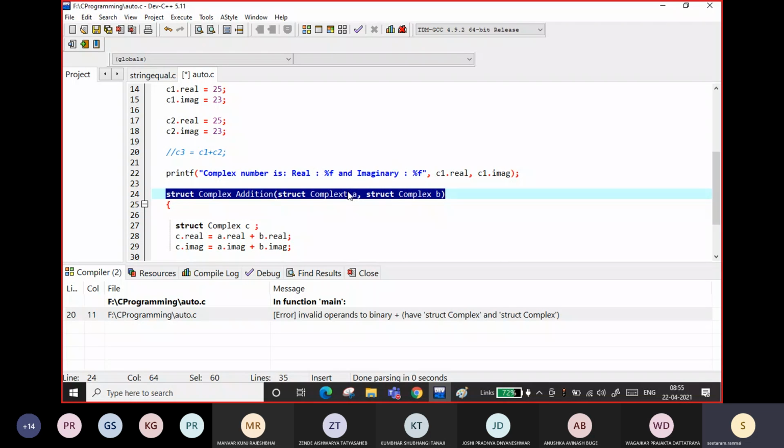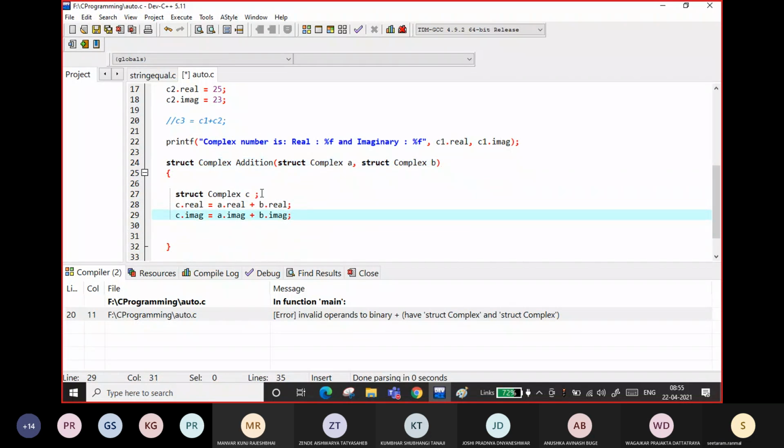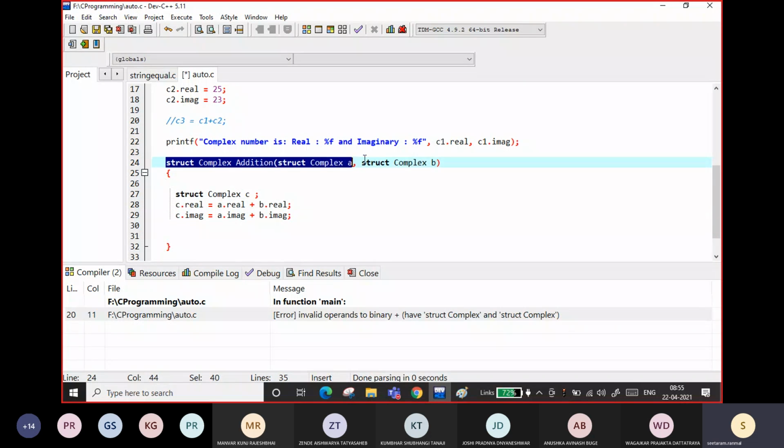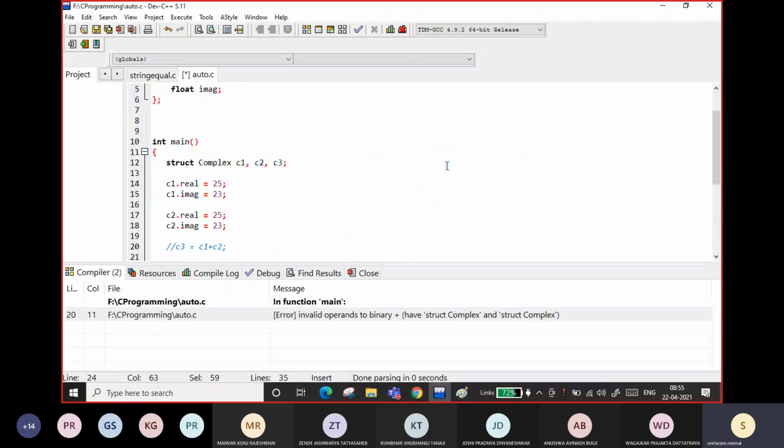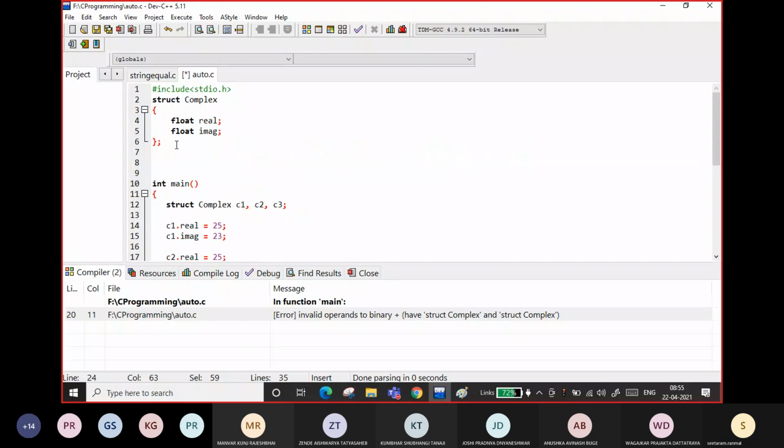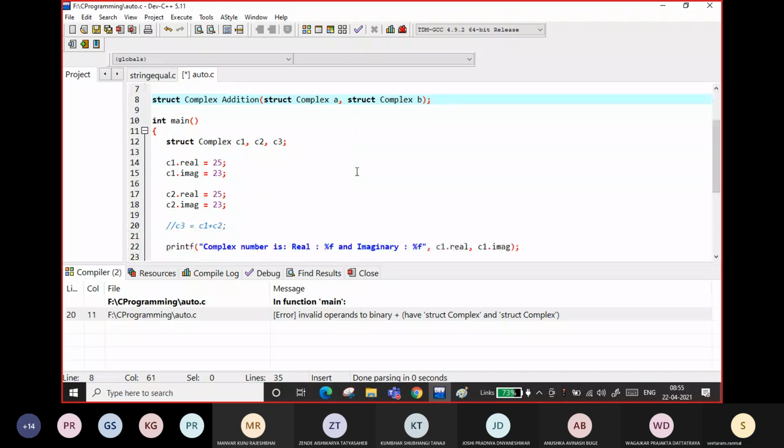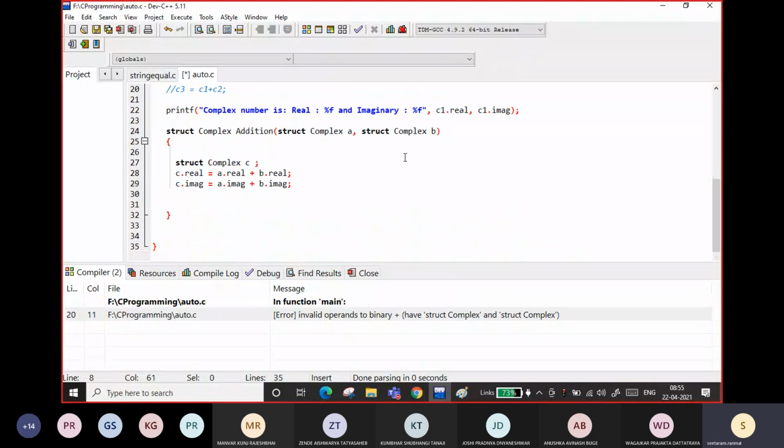I need to put this here so that this will know. Semicolon should be there. Function declaration should be there.